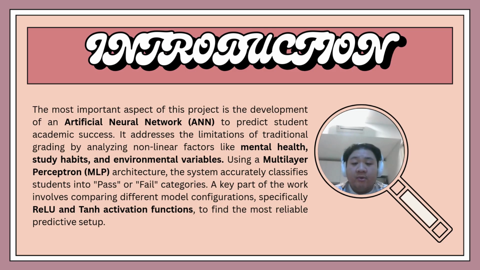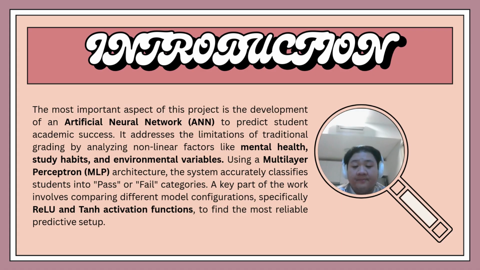For the introduction, the most important aspect of this project is the development of an ANN, an artificial neural network, to predict student academic success. It addresses the limitation of traditional grading by analyzing nonlinear factors like mental health, study habits, and environmental variables using a multi-layer perceptron (MLP) architecture. The system accurately classifies students into pass or fail categories. A key part of the work involved comparing different model configurations, specifically ReLU and tanh activation functions, to find the